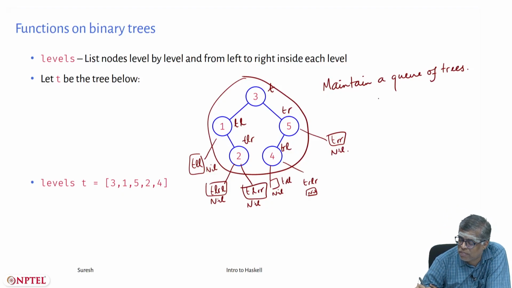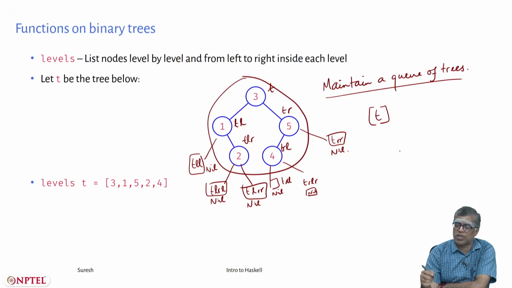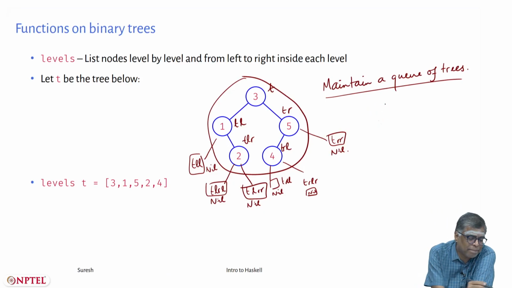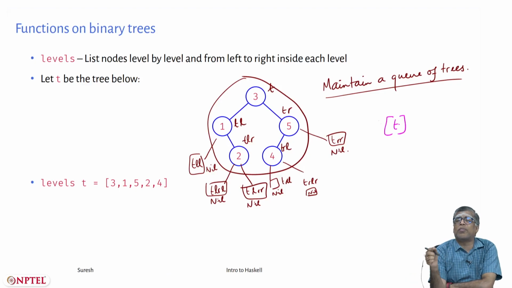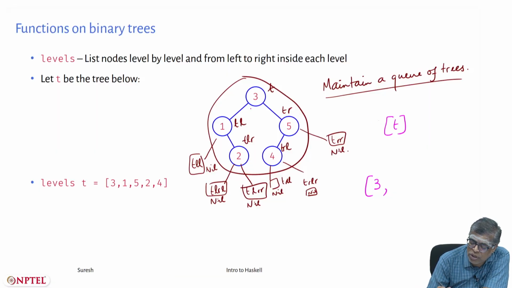Okay. So, now you will maintain a queue of trees. You will start with T, this is your queue. I will write the queue in list notation, but that is okay. I will change color and do this. You start with this T, then at every point you dequeue from the queue, take the first element and remove the first element. So, you have to print somewhere in a list, you will print 3, the root of the tree. The first element is T, whose root is 3, and then you will remove this from the queue.